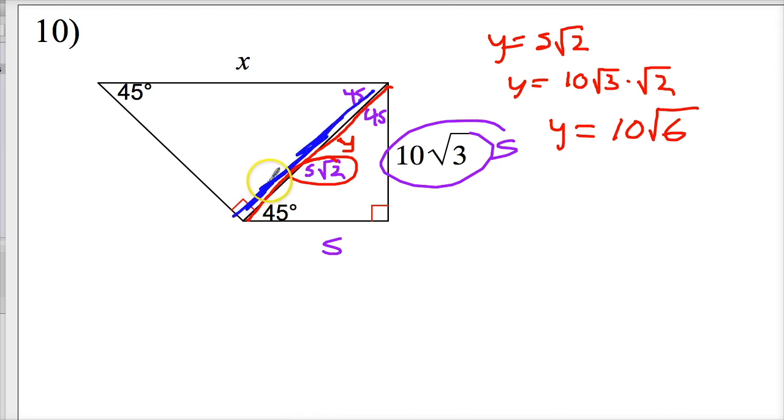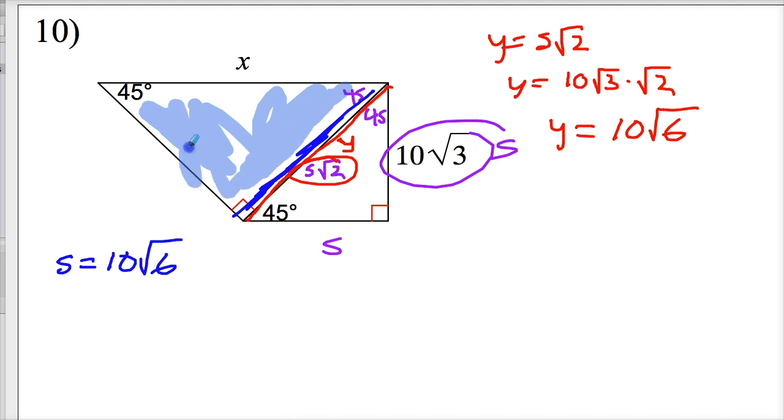Another 45, 45, 90. So side value of this triangle in the blue is 10 square root 6, because I'm no longer talking about this one anymore. I'm only focusing all my effort on this triangle now. And what used to be the hypotenuse is now just a leg. So that changes it a little bit. Anyway, this is side, and this is side square root of 2. So if I want to deal with x, it is side square root of 2,